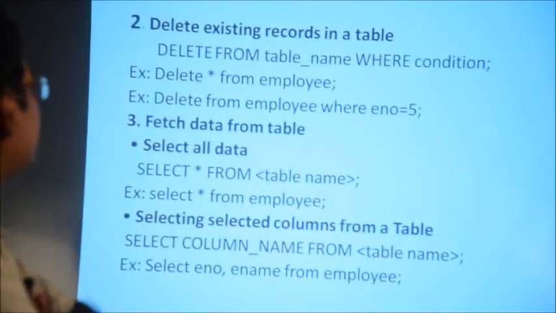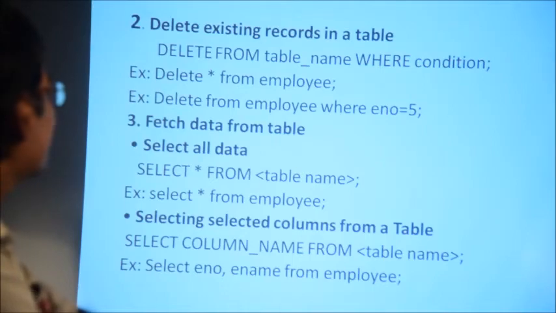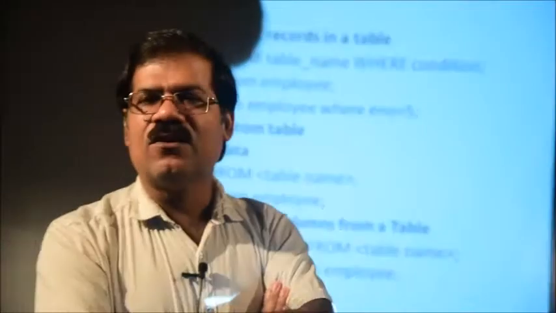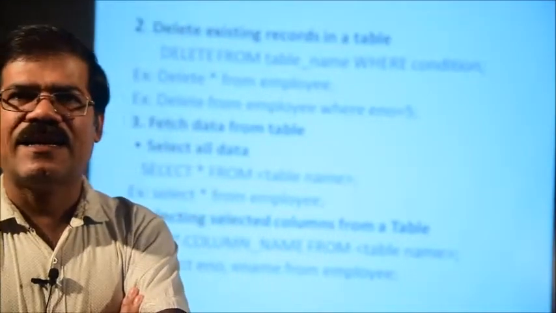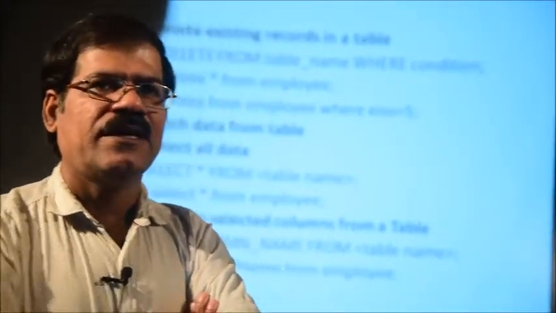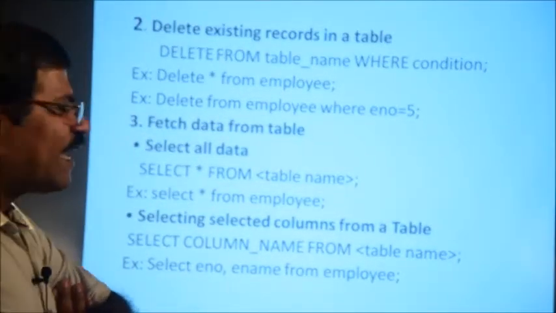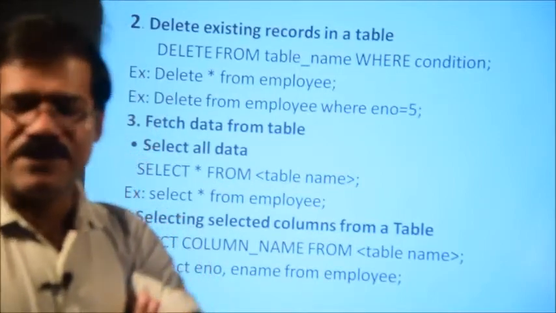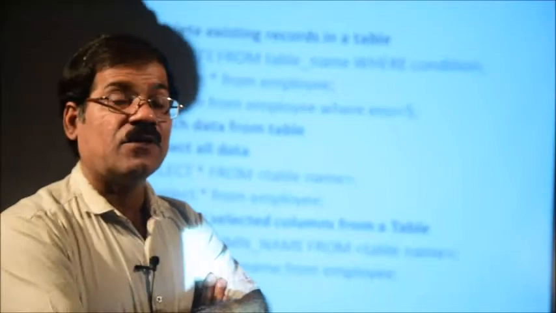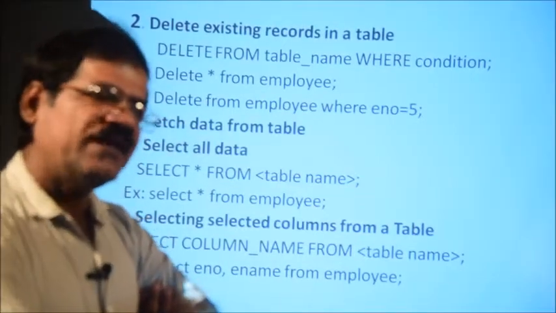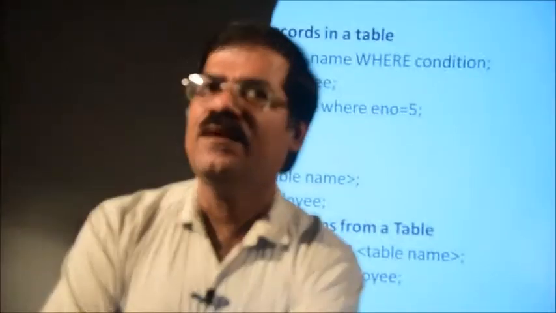For example, delete star from employee. Delete star from employee means all the records, star means all the records. Let there be 15 records in the employee table. If you write delete star from employee, employee is a table name, star means all the records. How many records are present in employee? All the records will be deleted from the employee table, but the structure of employee is not removed. Still employee is there, the employee table having, let it be, 3 fields, all the fields will be there and its data type is still there, but the records are removed.